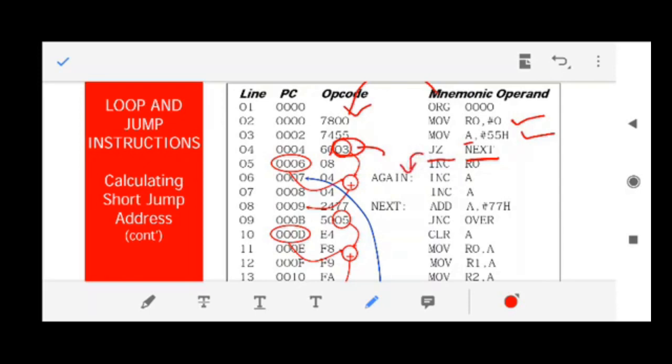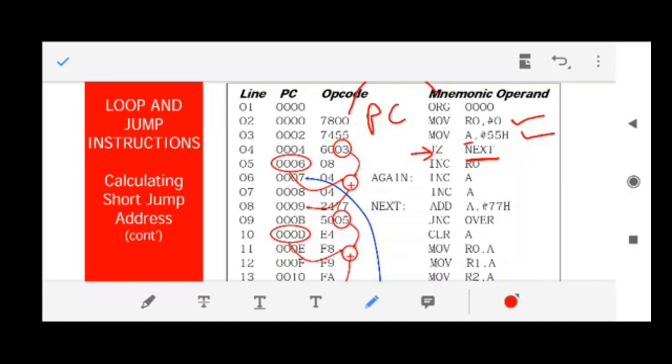We take the current value of the program counter. The machine takes it; we don't do all these things. I'm explaining how the machine handles jumping from one location to another. Please pause this video for a second and answer my question. If you are executing this instruction, what would be the content of the program counter?